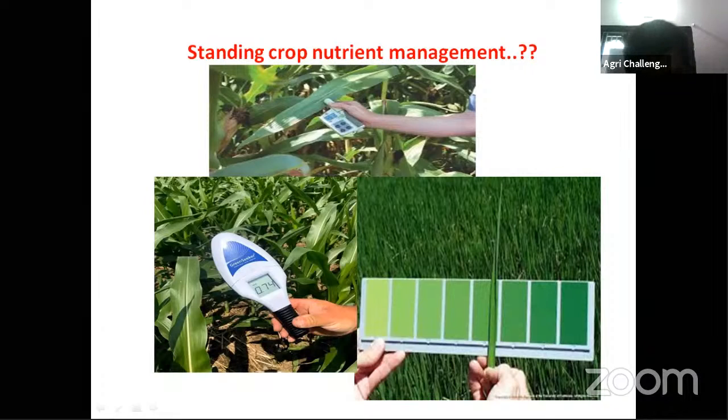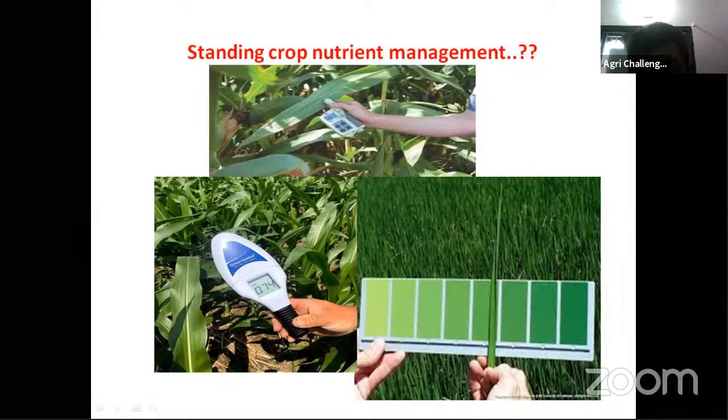But is it sufficient to get maximum yield? No, it's not. It is not common or uniform for all types of soils and all locations. That's why we have to assess the nutrient requirement of that crop at that particular time.